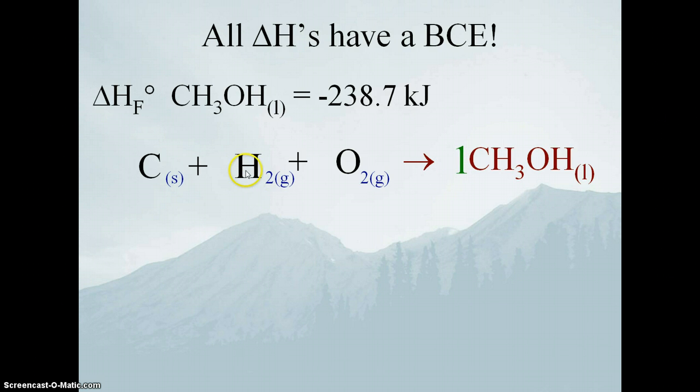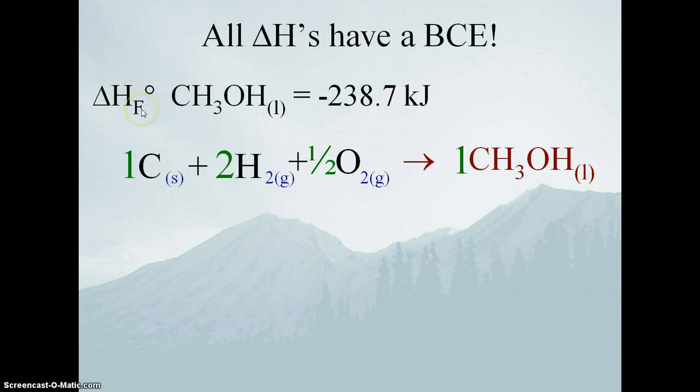But balancing these is always really easy, because you have a 1 there, and these are always free elements on the left-hand side. So I'm going to balance it. There's a 1, there's a 2, and I have to make that a 1/2. I do not have a choice. Can I multiply all these stoichiometric coefficients by 2 and then multiply the delta H by 2? That's fine, but what you would have to do is drop this little f,